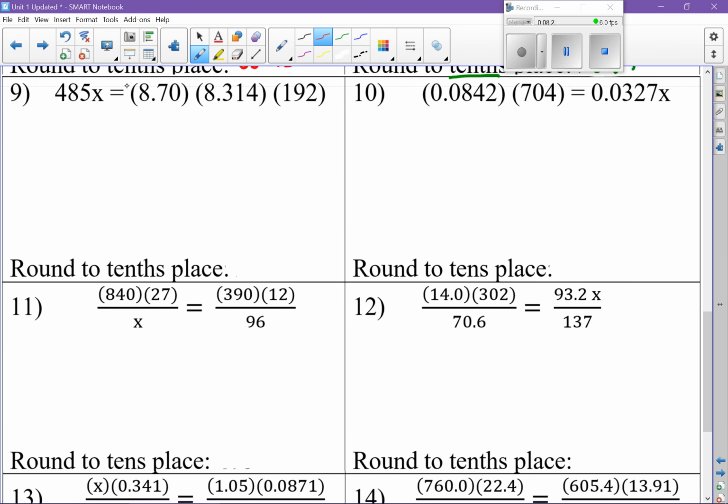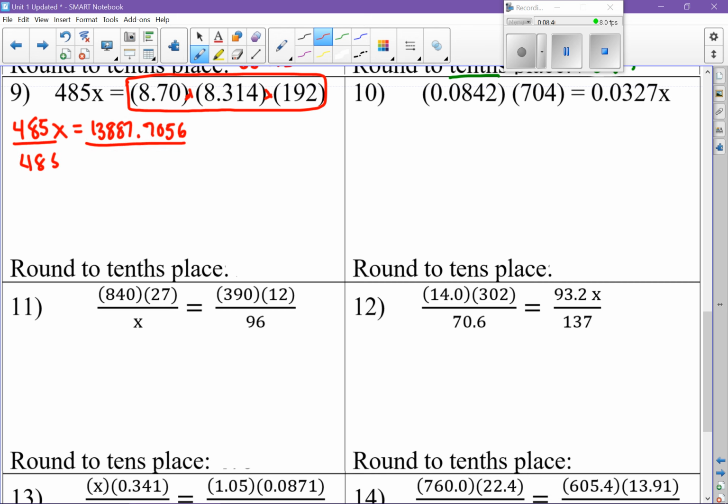Alright, first thing I would do in this one is I would take all of these numbers and I would combine like terms. I would multiply those numbers together. Keep the 485 over here. On the other side, that's equal to 13887.7056. And now you just have to divide by the thing that's touching the x. So divide both sides by 485. Do this number divided by that denominator. Your calculator is going to say